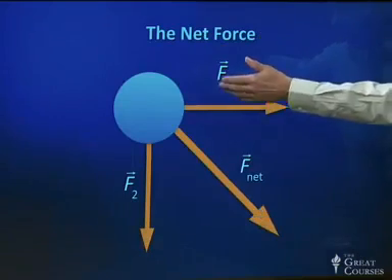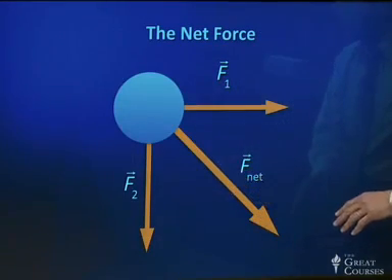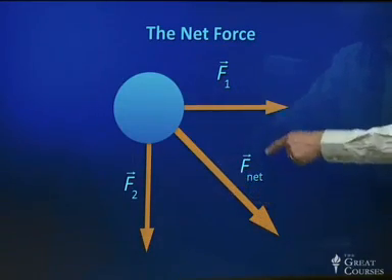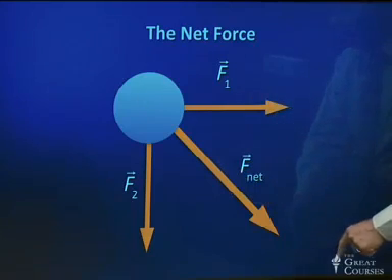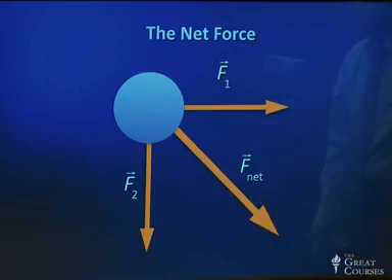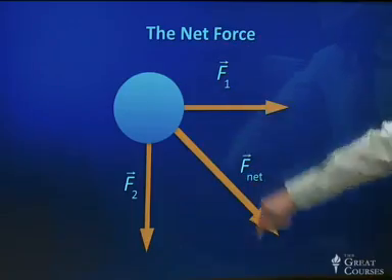It's a force that is larger than either one, but not twice as large. In fact, if you want to get mathematical, it's the square root of 2 times as long as either one. And it's pointing diagonally downward at 45 degrees because F1 and F2 had the same magnitude. So the net force is what's important. The net force is always what enters Newton's law.